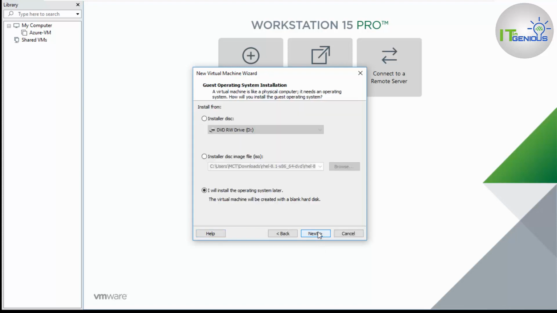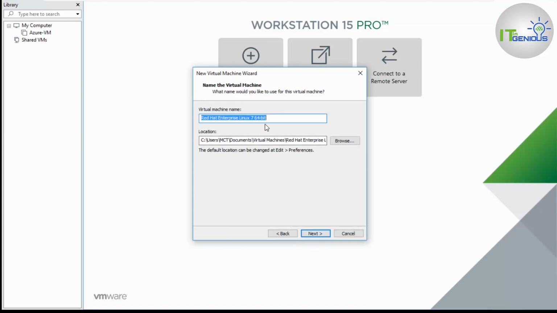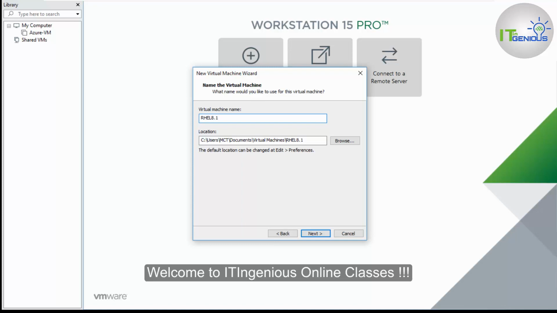Click on Next, then operating system I will choose later, click on Next. Which OS are you going to use here? I'm going to use Red Hat Linux. Right now 8 is not available in 15, so I'm going with 7 64-bit. Click on Next. Name of your VM, in my case that would be RHEL 8.1.